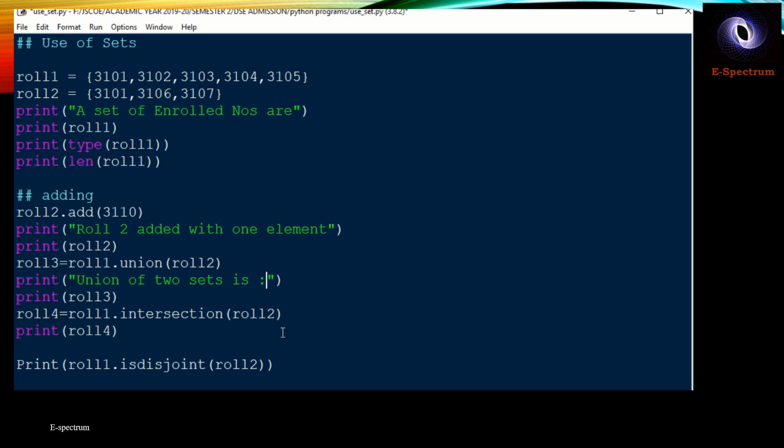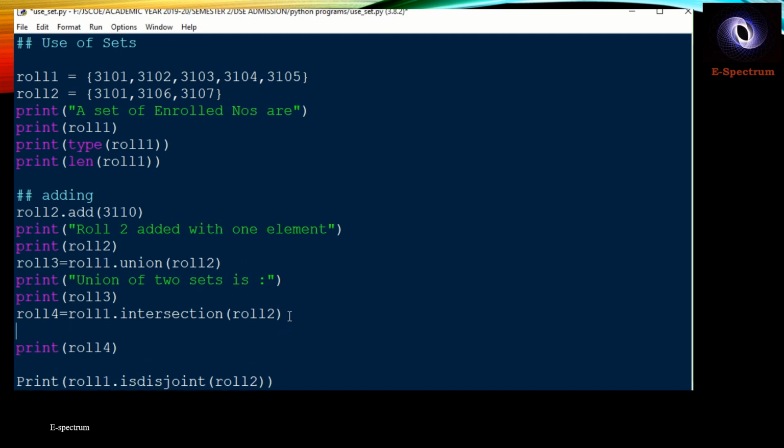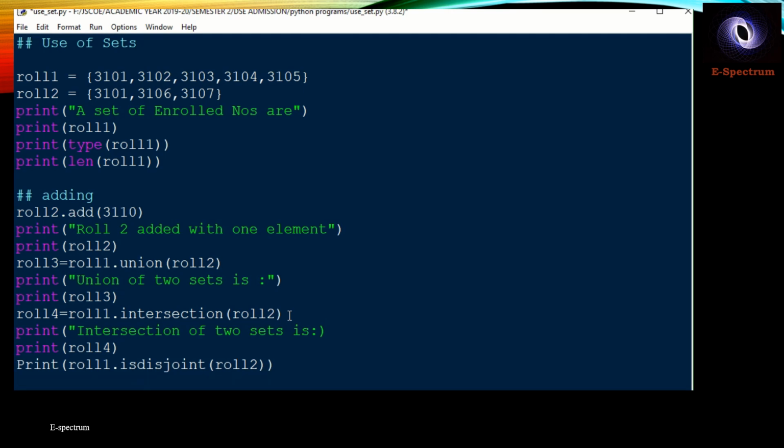Likewise, intersection you can print it as intersection of two sets each. Here also we can print it as two sets are.